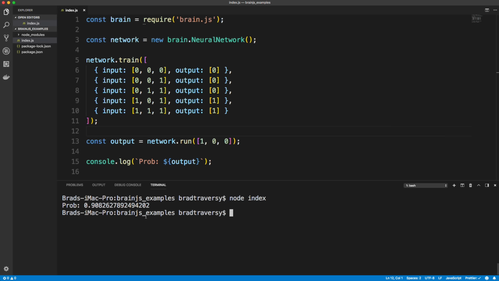And we get 0.908, and then just a whole bunch of numbers. So basically a 90% chance that this will be a 1. Okay, so that's good. Now, if we were to put something in here that starts with, actually, let's just do